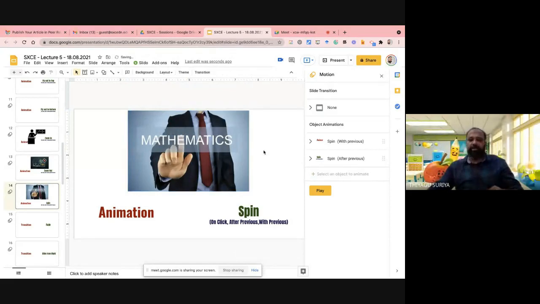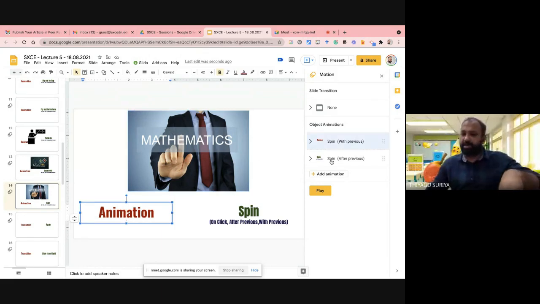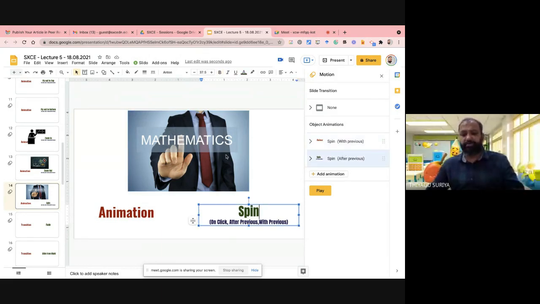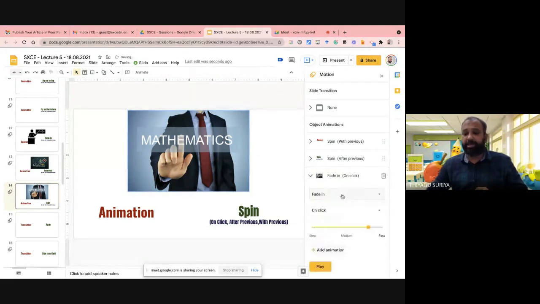Now I like to keep this particular image spinning. Already I gave the animation for the word animations. Even I give the animation for spin also. But this animation I'm giving in the mode of on click. So I give the add animations and I'm giving the spin, with medium speed.